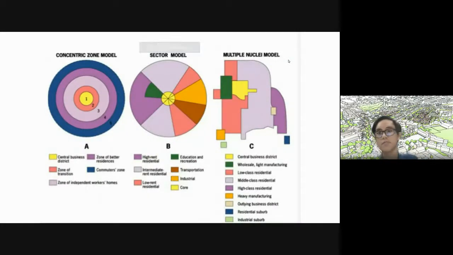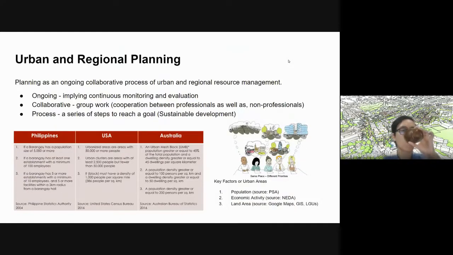concentric, sectoral, and multiple nuclei. Those are the predominant or popular models of trying to analyze how patterns develop. And really, that's one of the key skills you need to have, not just in urban planning, but also in architecture, like looking for patterns in your building, spatial planning, et cetera. And really, the reason why is we want to have buildings that last long, that are sustainable, and contribute